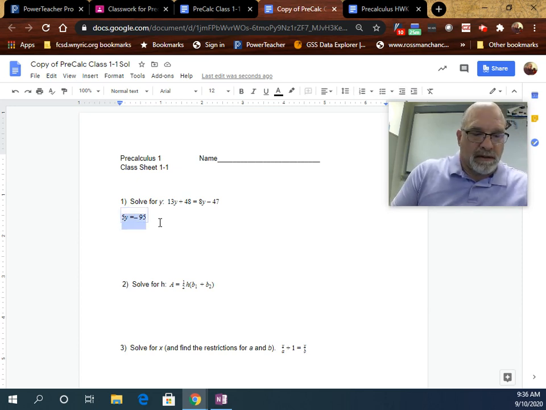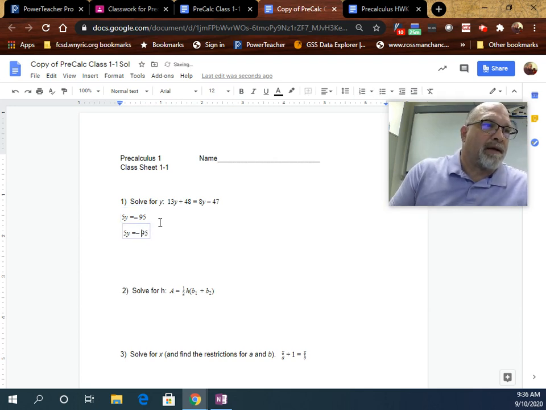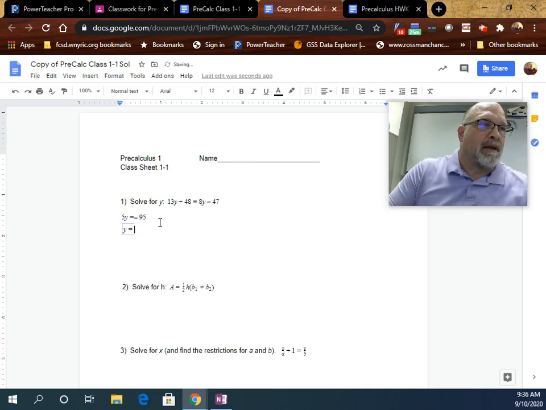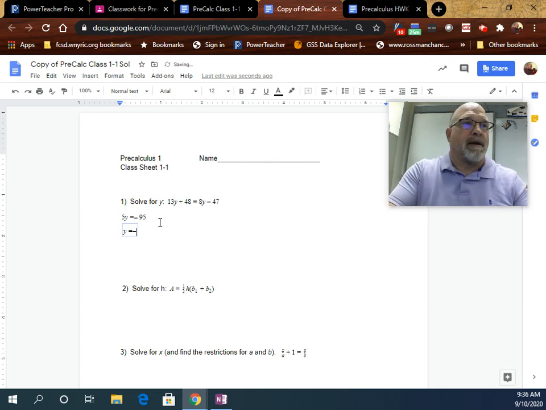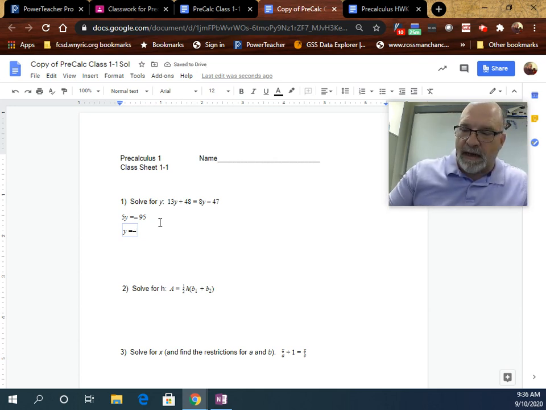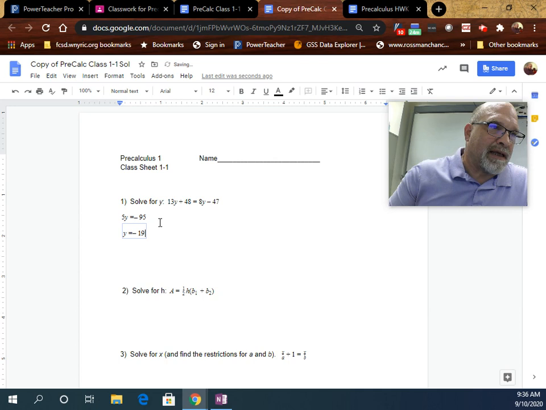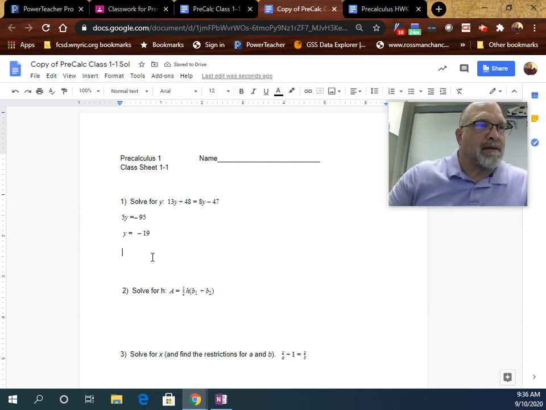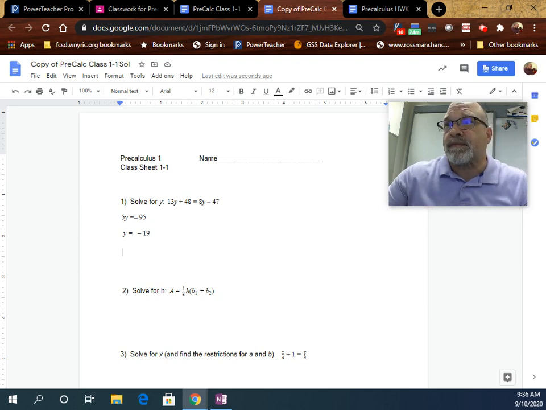Now I can take this and copy it, go to the next line, paste it. Now if I divide both sides by 5, I can take 95, I know it's going to be negative, and I'm going to take my 95 divided by 5, and I'm going to get 19. You can check that on your calculator if you like. And that's the answer to that one. The next problem